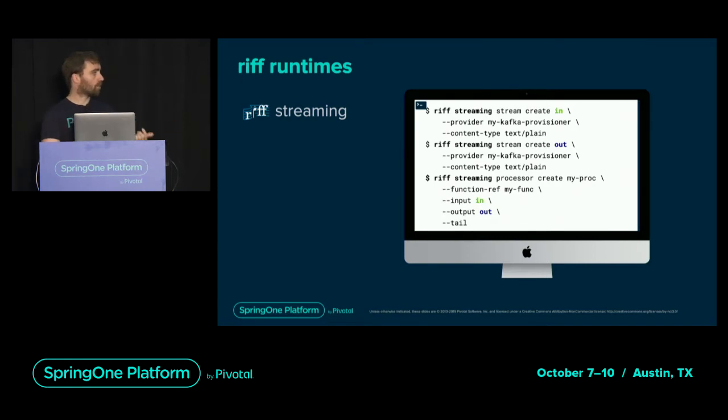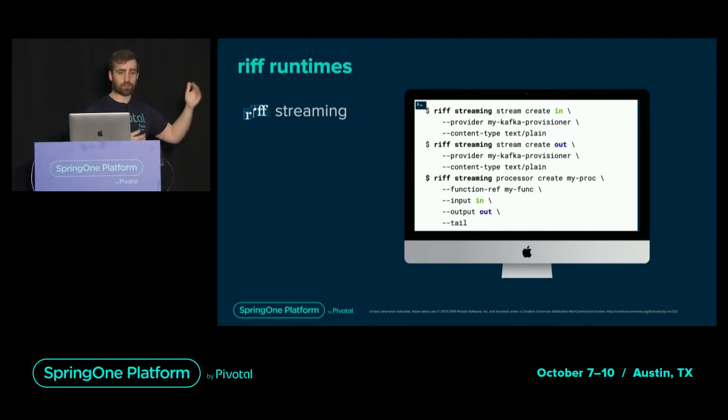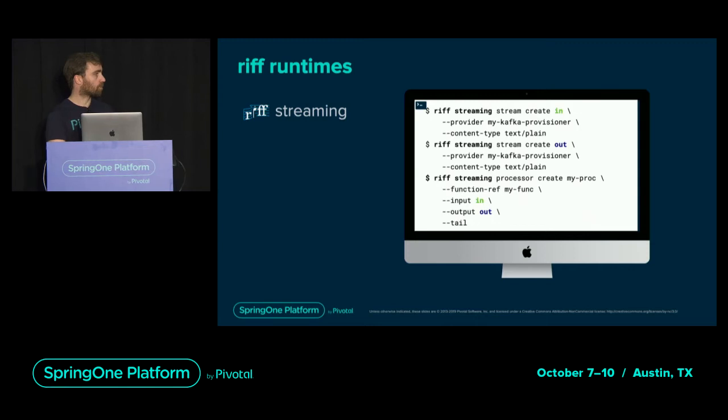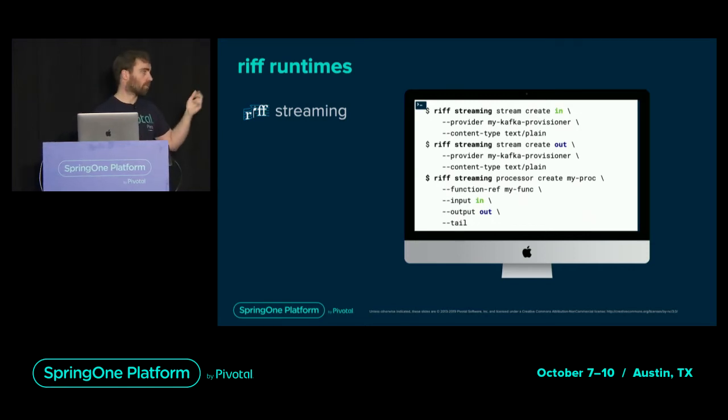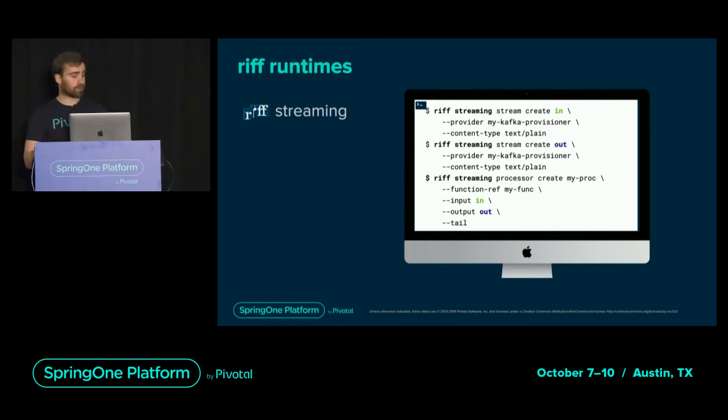And the fact that there are inputs and outputs is defined when you create the processor. So it's more or less the counterpart of the deployers we've seen before. You still have the function ref. As I said before, it can still be a simple request reply function, and we will automatically transform it into a streaming function. You give it the input topics, can be several ones. The output topics, likewise, there can be several.